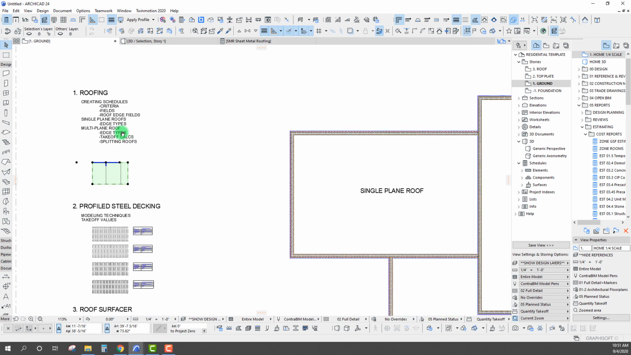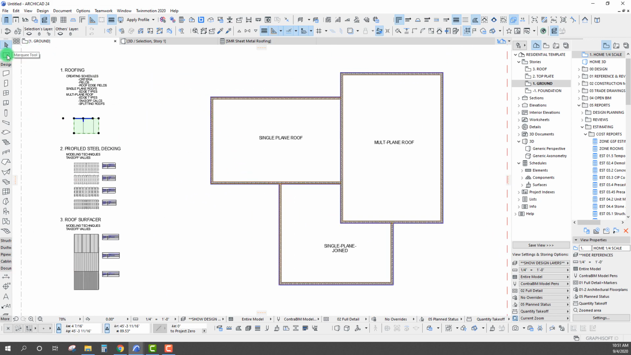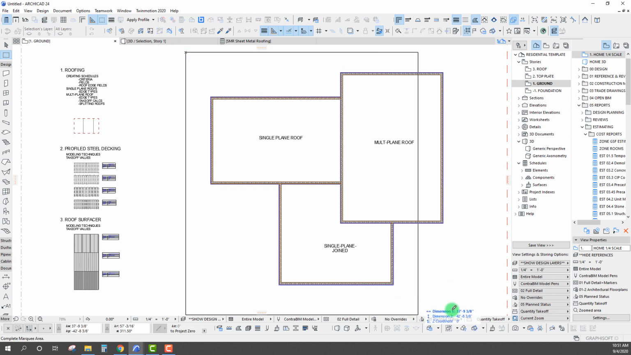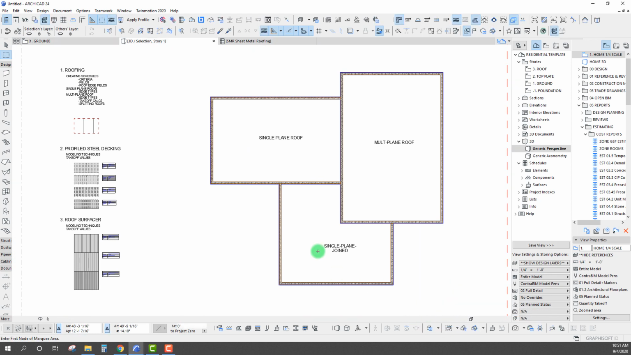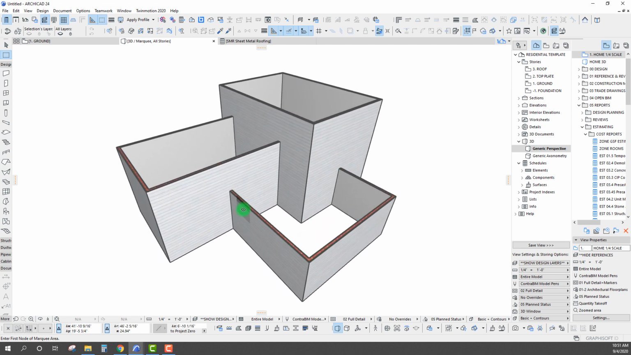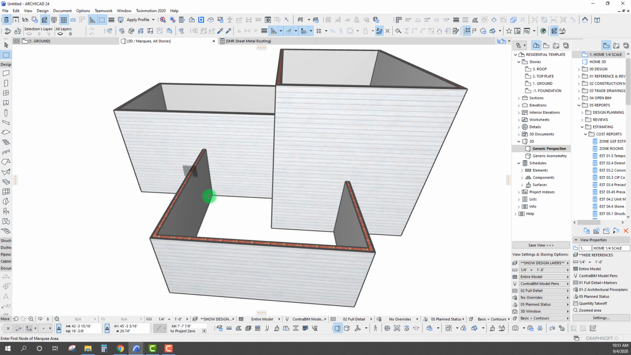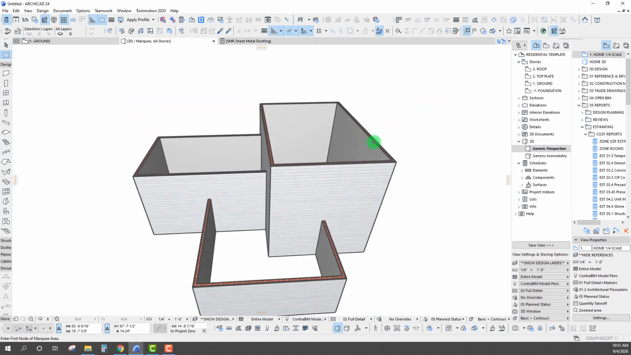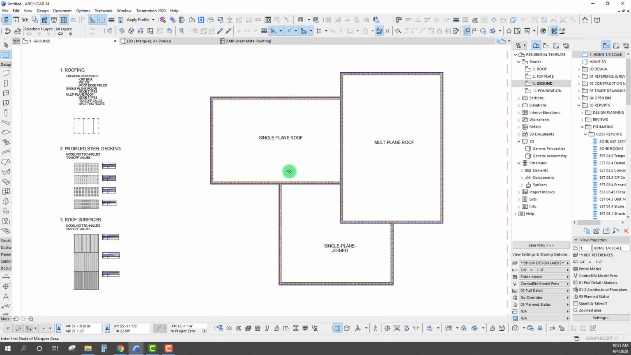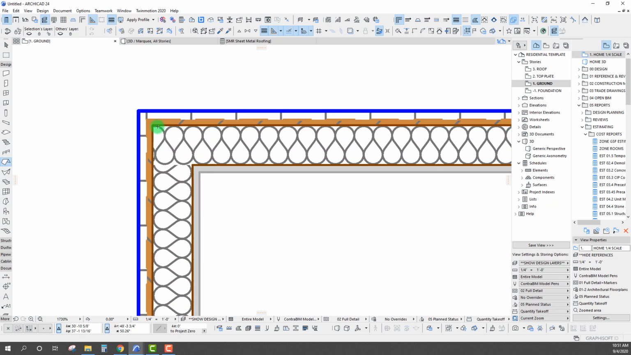So now let's get in and really start taking this, and I have a little sample project here that we can go through and create some different roofing applications. So let's do a single plane here. We'll do a mitered roof down here, and then we'll do a multi-plane roof on the top. So let's start here. We can actually just start by taking this. We'll pick up the settings, and then we'll come in here and let's